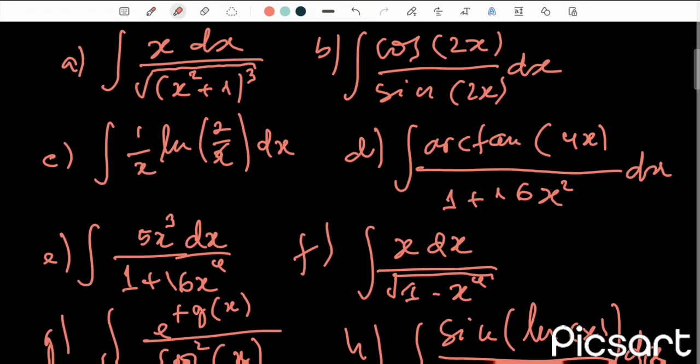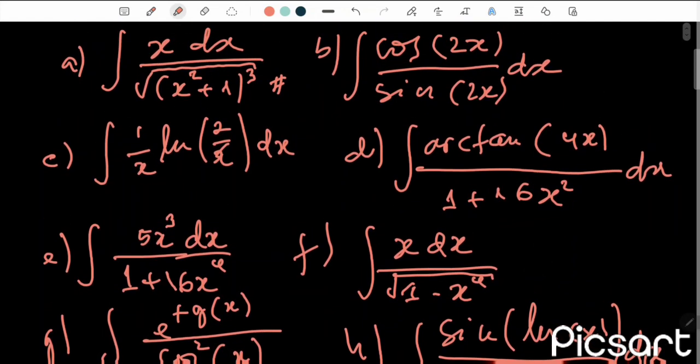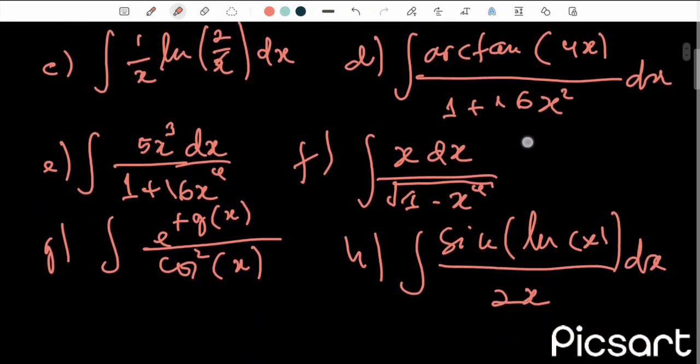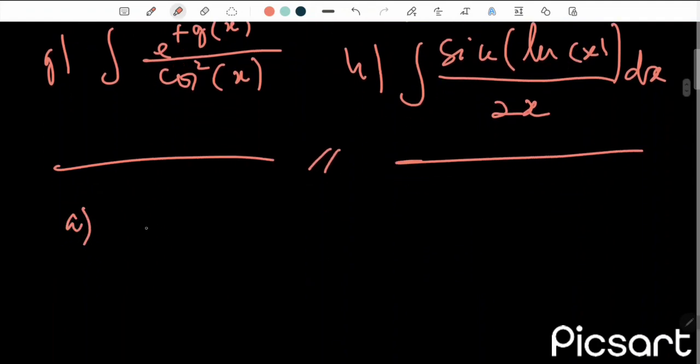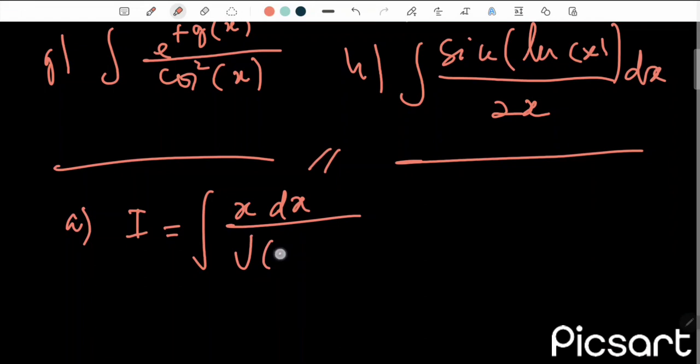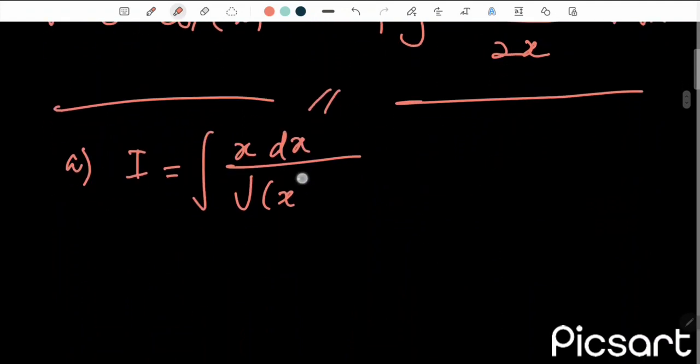We will begin with exercise A, which is an integral of x dx over the square root of x squared plus 1, all to the power 3. I equals the integral of x dx over the square root of (x squared plus 1) power 3 dx. Okay,